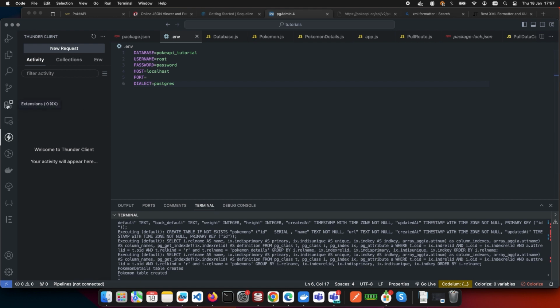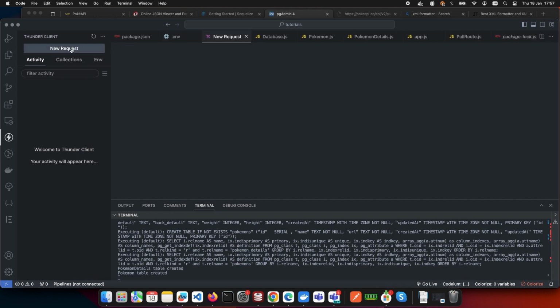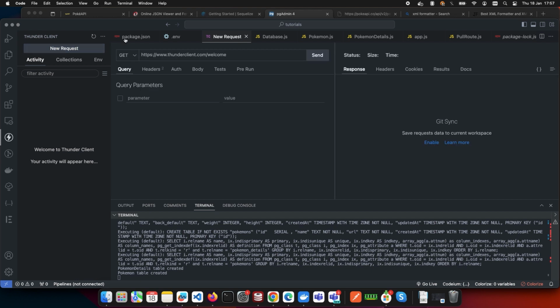Essentially this is an extension. You can come and check for it in extensions. It's called Thunder Client, as you can see the name there. Come here and say new request. It works like Postman or anything that can process your requests. That works as well. So for now, what I need to do is